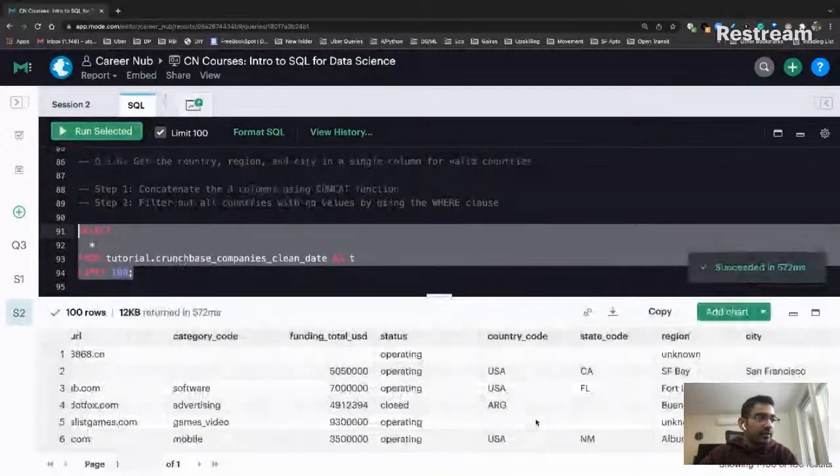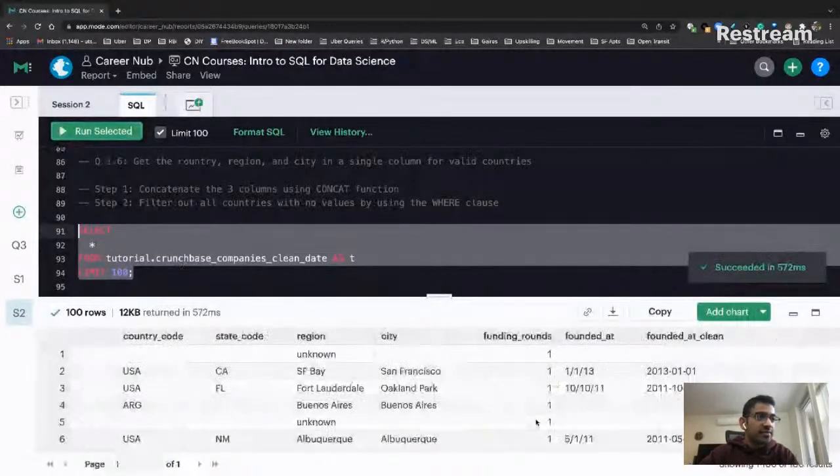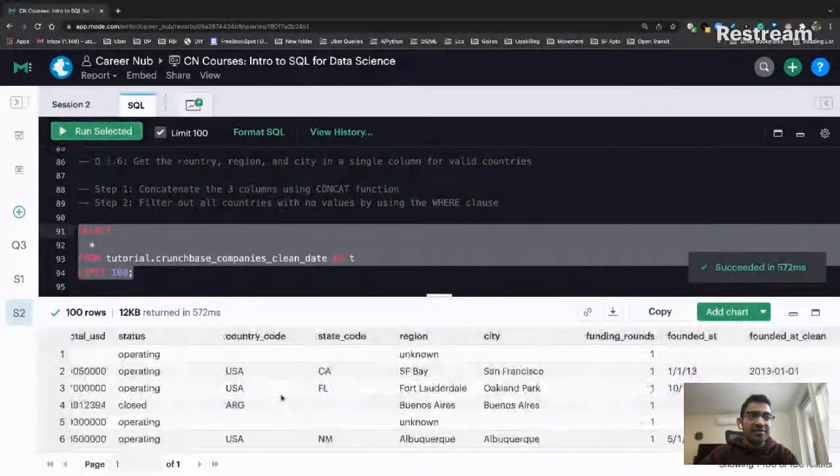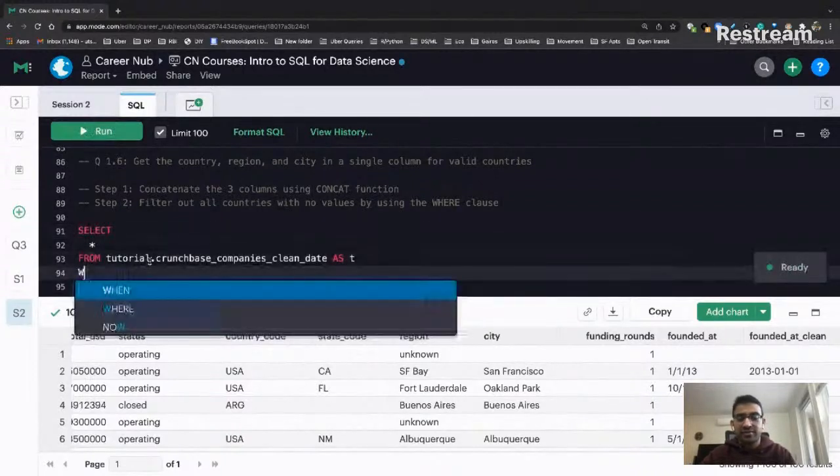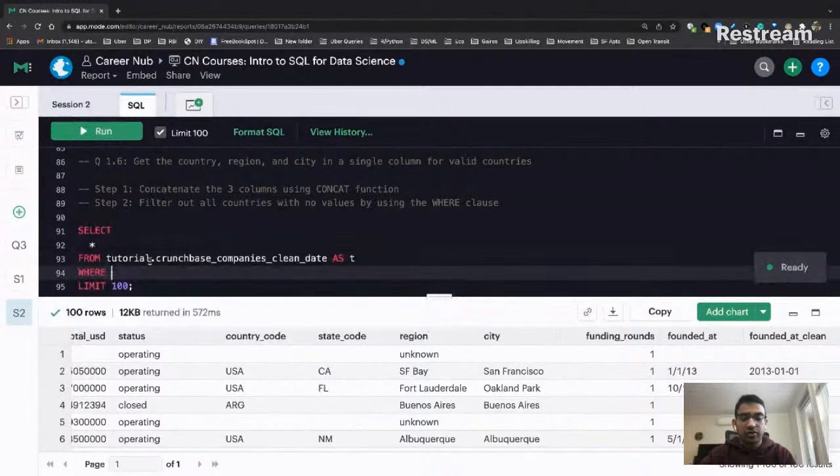And you'll see, if you scroll, that there's country code, state code, region and city. This wants us to focus on country, region, and city. And what this does is ask us to get this into a single column, right? For only valid countries. Now, for only valid countries, let's actually put a condition where